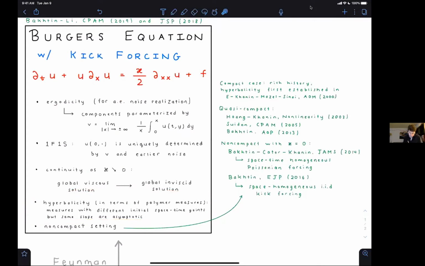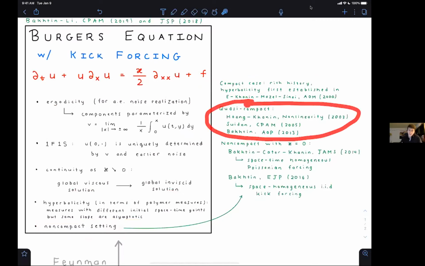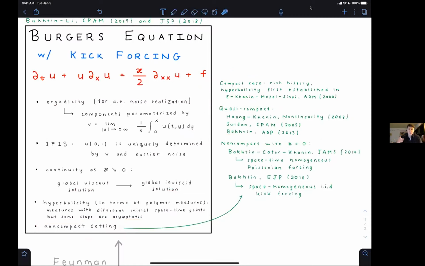And then the last thing I'll mention is the fact that really we're working in a non-compact setting, and this is important because in the compact case there's a rich history. Here I've just mentioned one paper, but there are many others you can find in the literature. And then you could also hope for a quasi-compact situation where maybe it's not a compact space a priori, but you impose certain conditions on the driving noise that make it such that you can confine the noise to mostly compact space. So you're still perturbing the methods that you used in the compact case.